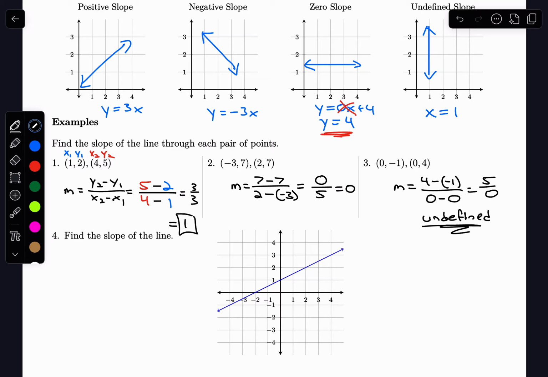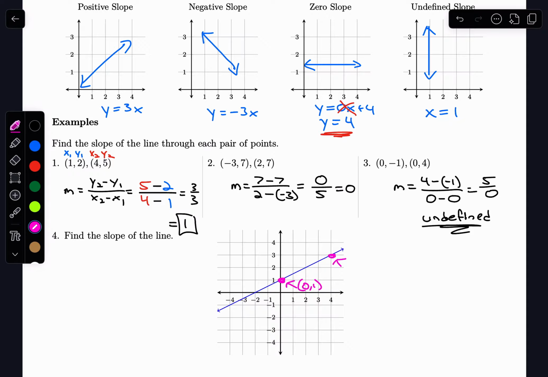Okay, we really are given plenty of points. They just aren't labeled yet. We can see them on the line, but we have to go find them. So I can choose any 2 points that are nice, clear, and obvious. I'm going to choose the point 0, 1, which is the y-intercept, and I'm going to also choose the